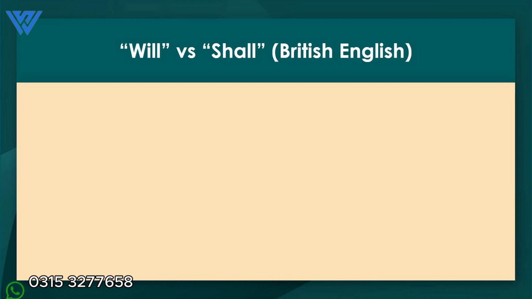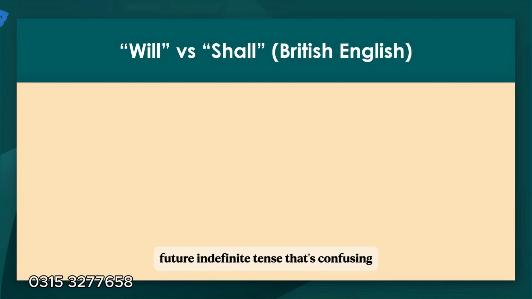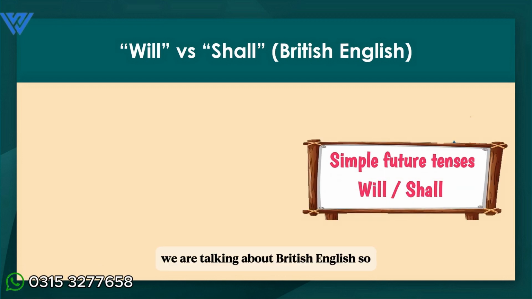So let's see, there's something else in future indefinite tense that's confusing. We start to think that there is another word related to will, that's shall. So shall कहाँ use होता है या will कहाँ use होता है? We are talking about British English. So in British English,